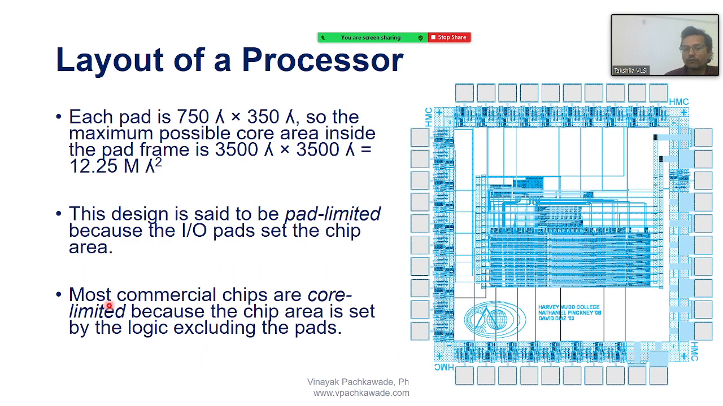But many of the commercial chips today are called core limited. It means the chip area is set by the logic excluding the pads. First you will set and define your chip area that will be occupied by the logic, and you don't care about the size of the pads, no matter, they will come later. Okay,